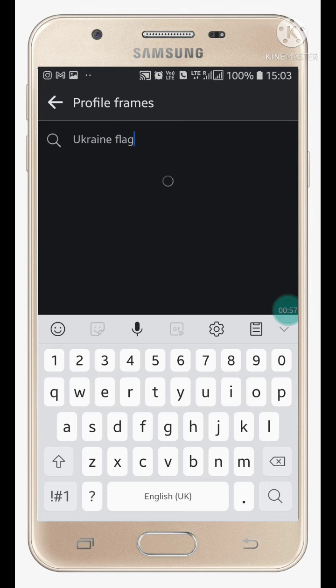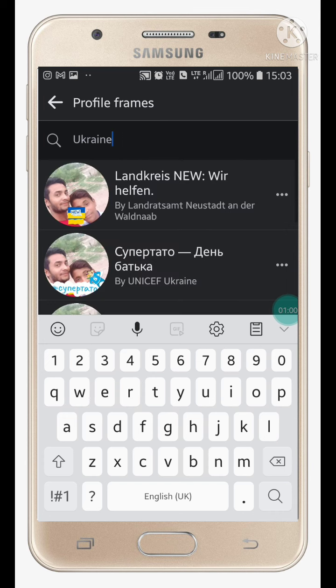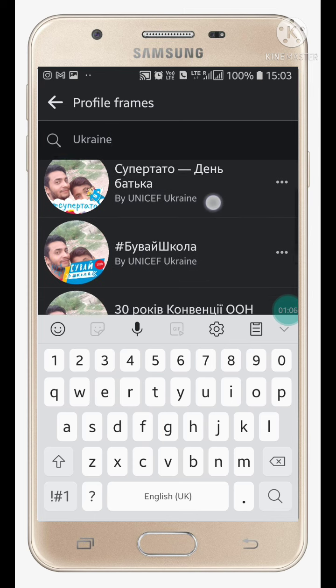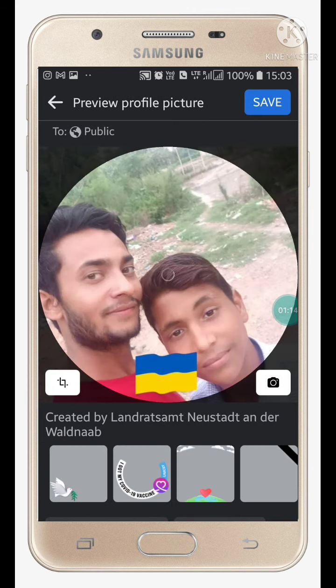like this. Now you will see that some options appear like this. Click on it. I have already added the Ukraine flag, but it will change now. So you will see like this. So you can fix this anywhere,